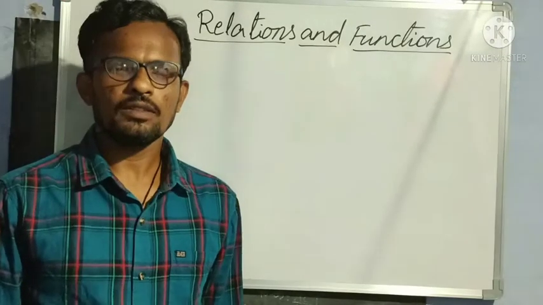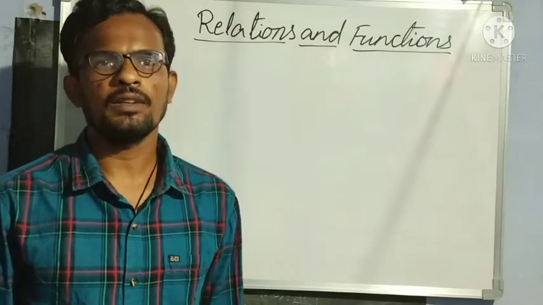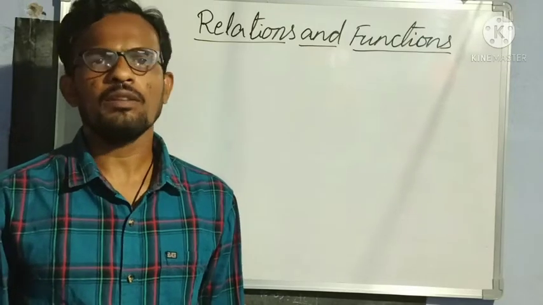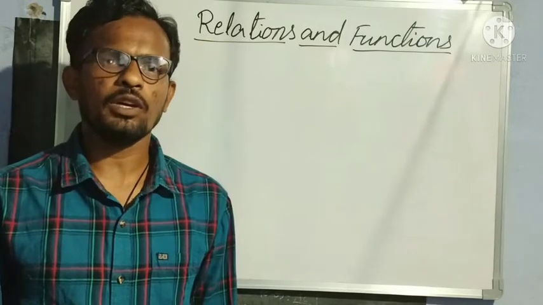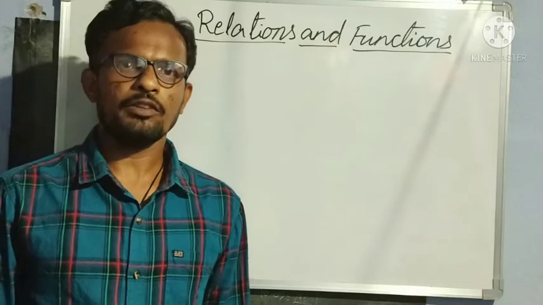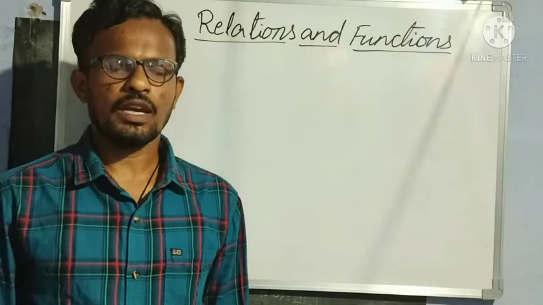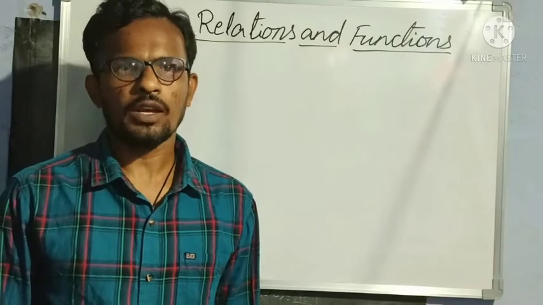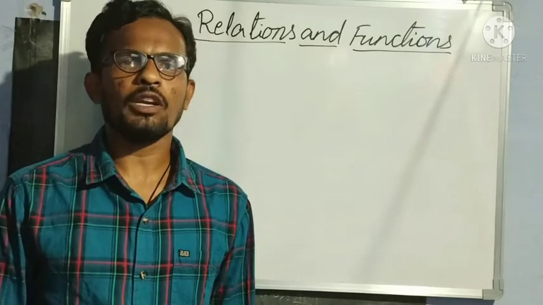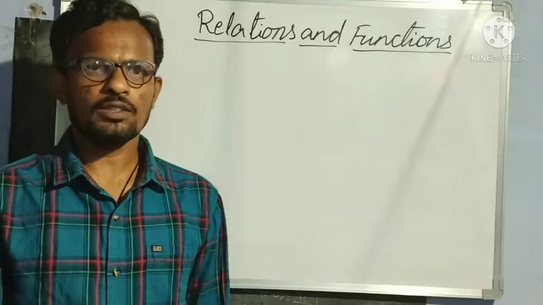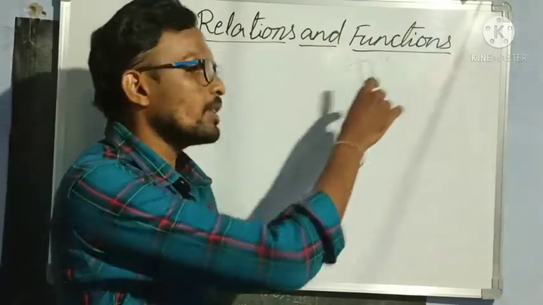Students, till now we have learned differentiation, how to do differentiation, how to find the slope of tangent to a curve, and examples related to first principle and other examples, and also graphical approach to differentiation. With that I have completed my first chapter, differentiation. Now let us move to our next chapter, new chapter, that is relations and functions.